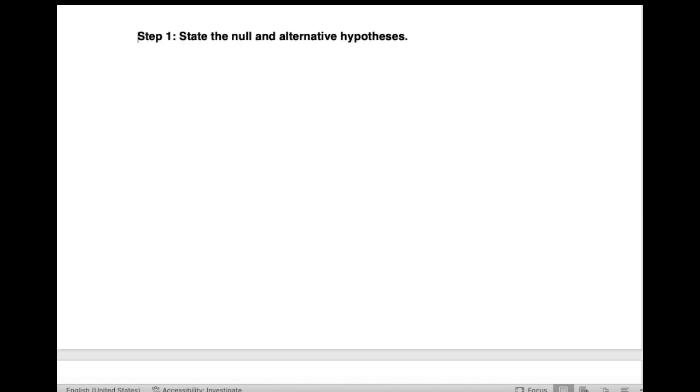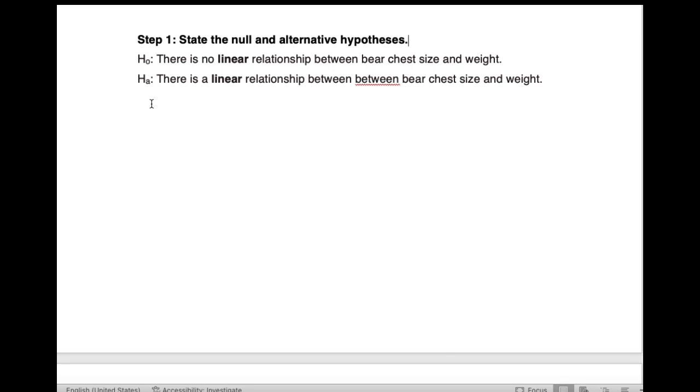So step 1, let's state the null and alternative hypotheses. For linear regression, your null hypothesis will always be that there is no linear relationship. So nothing's going on, there's no relationship between bear chest size and weight. The alternative hypothesis is that there is a linear relationship between the 2 variables, so between bear chest size and